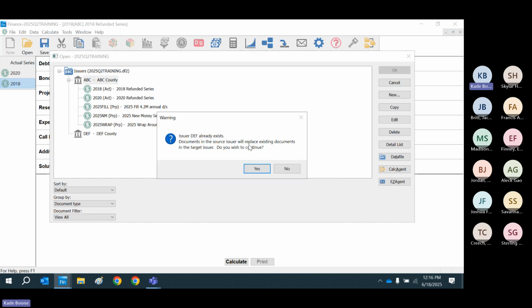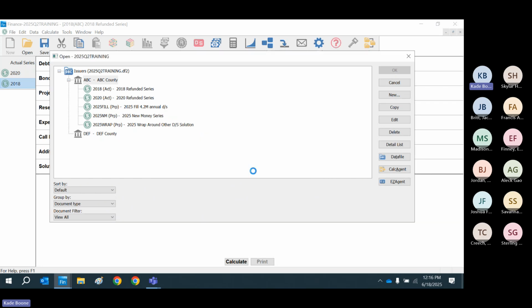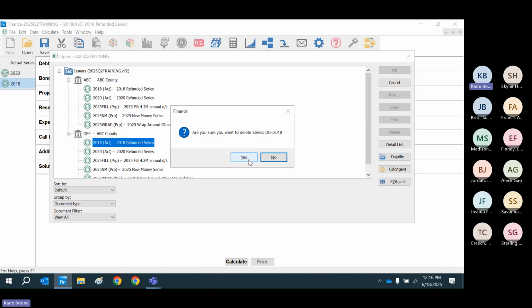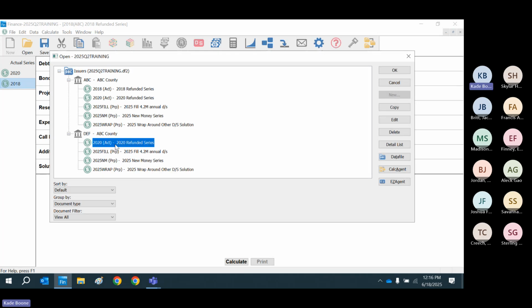It says, documents in the source issuer will replace existing documents in the target issuer. Do you wish to continue? That means if there's a short name 2018 or 2020 already created, it will override it. If you go yes, or if you go, I don't want to do that. I just want,